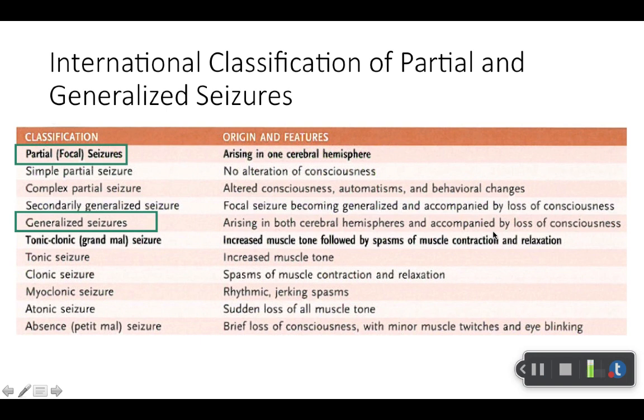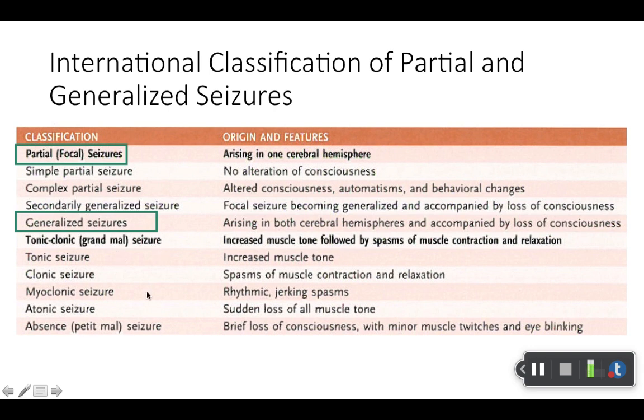So here's a way to classify seizures, and again, I would definitely refer to how they classify them in ICM and pathophysiology. For pharmacy here, these boxes, my wife used to give this presentation, so she boxed these for some reason. I don't know why they're boxed. Ignore the boxes. But we basically have partial, aka focal seizures, and then tonic-clonic, also known as grand mal seizures, and then